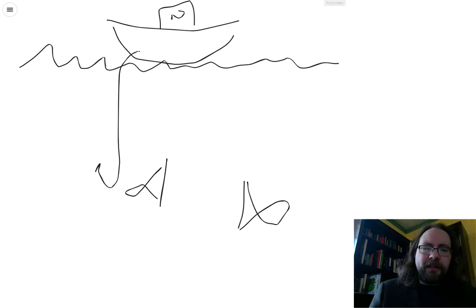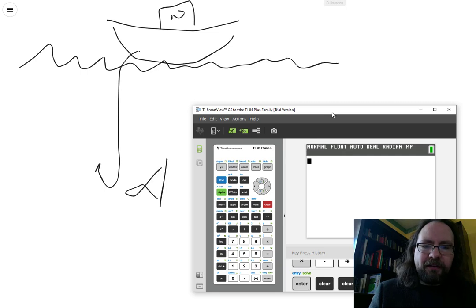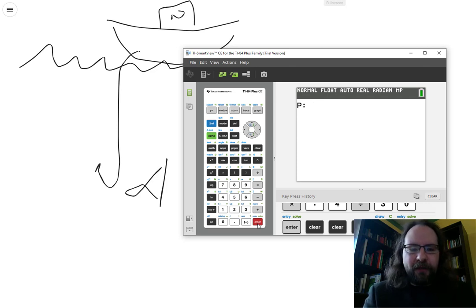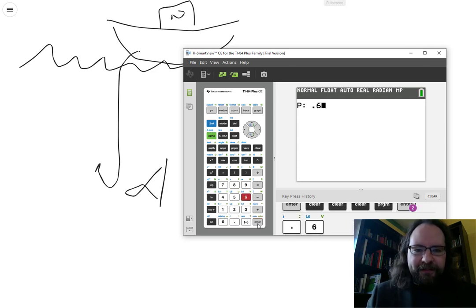So to simulate this, I actually have in my little virtual TI-84 a program that will do this for me. I called it PropSamp because we are sampling our proportions. So I'm going to make PropSamp happen. Okay, so the first thing it wants is what's the population proportion that I'm talking about, and for our fish, it's 60% are females. We're still going with the females. The N here is going to represent how many fish we're sampling at a time. So I'm going to say we're sampling 30 fish at a time,